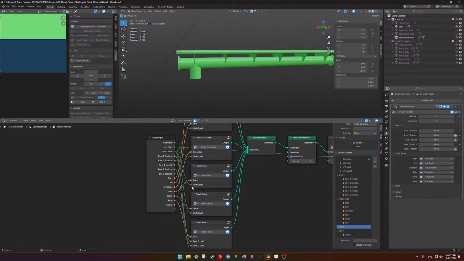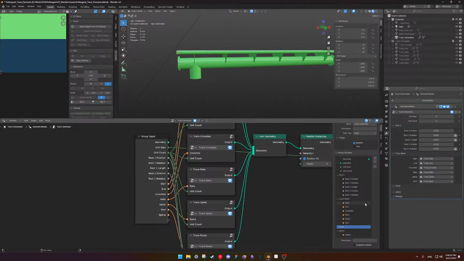I'm losing my mind. Can you only have a certain amount of panels?